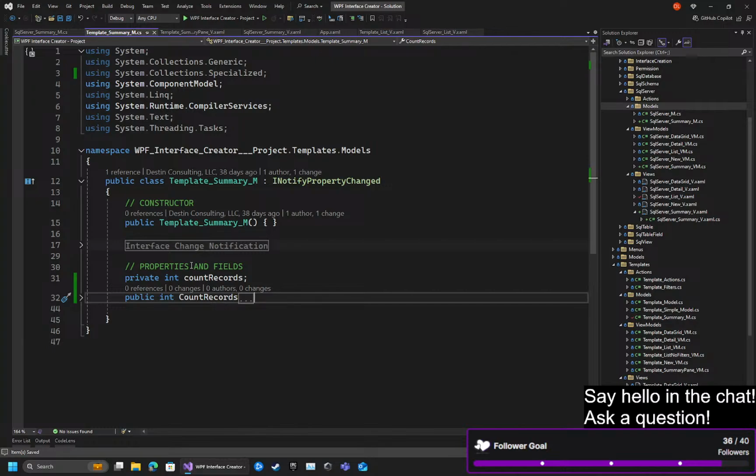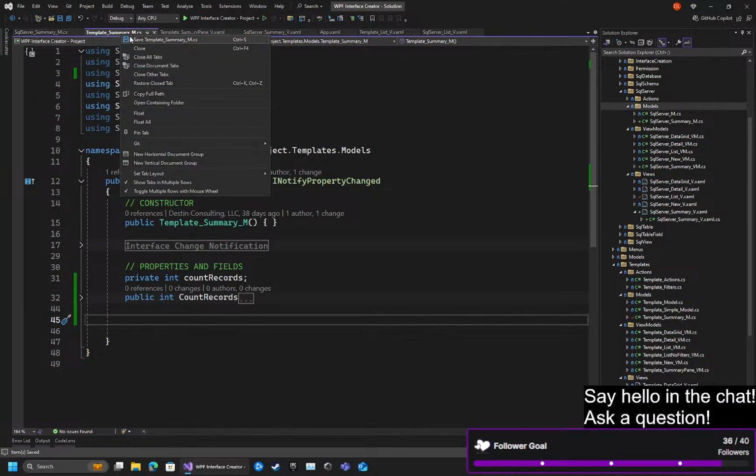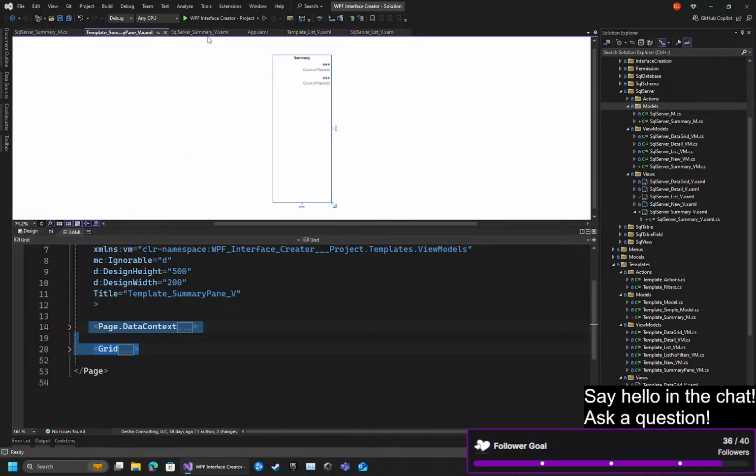We might say max value or something along those lines, right? But this is count records. Okay. What do we do with count records? We have our template summary. So inside of our template summary